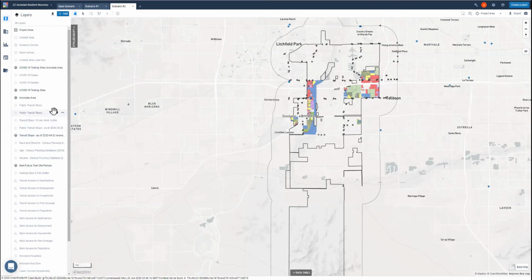And so as I toggle that off and on, you can see in that area that there are some areas where bus service or transit service has been reduced due to COVID-19. So what that means is that if those areas were part of our assessment, you would maybe consider removing those from your assessment locations, because that wouldn't be a reliable transit service for residents to use to get to the